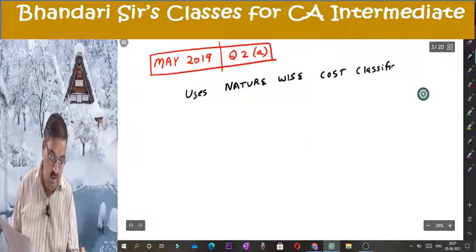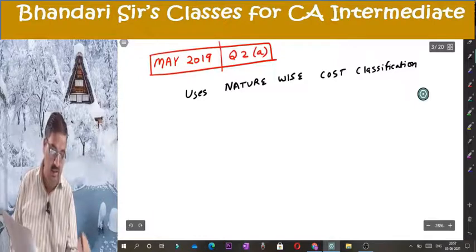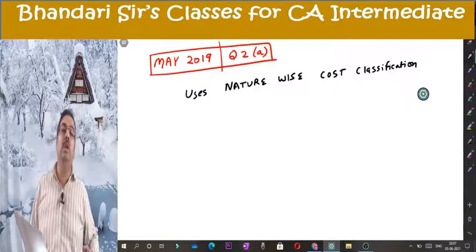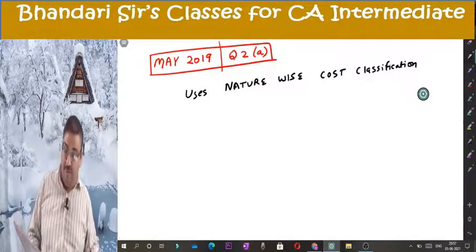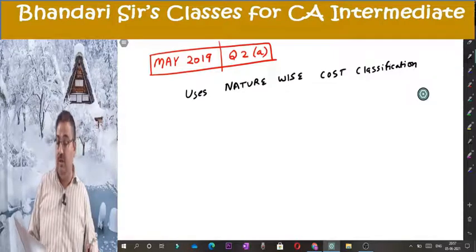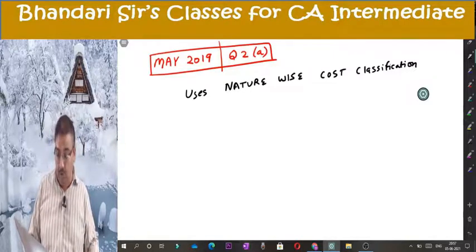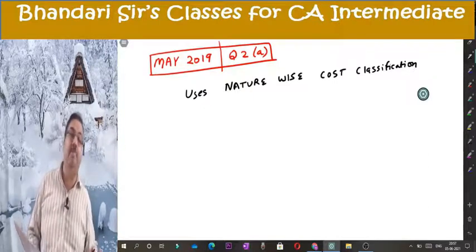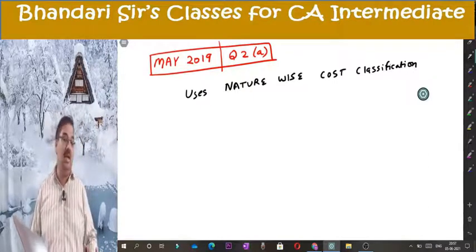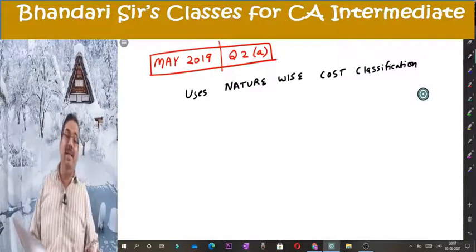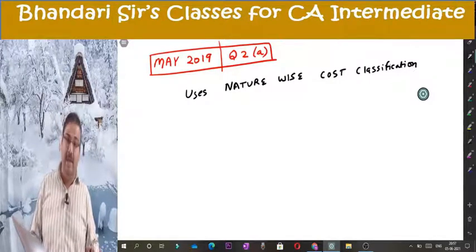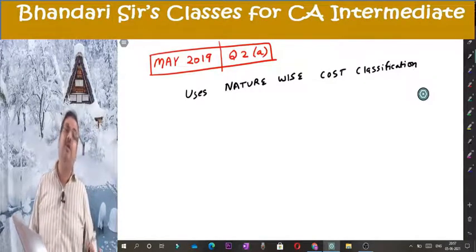What is this nature wise cost classification? It is classifying on the basis of fixed overheads, variable overheads, semi variable overheads. If you read point number 3, factory overheads are given 3 types: fixed, variable, semi variable. 4th point, administrative overheads are given fixed. 5th point, selling overheads, it is given per unit, they are variable. So this is a concept that you do under flexible budgets in budgetary control topic. So this question in detail will be able to discuss after doing flexible budgets, the budgetary control topic.